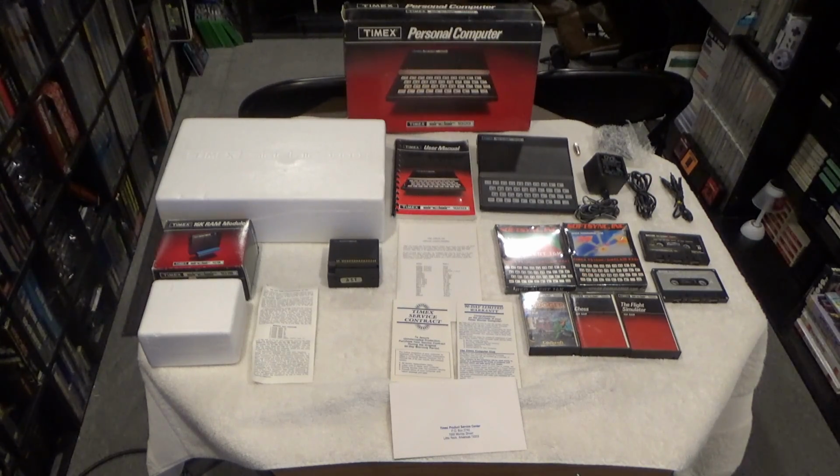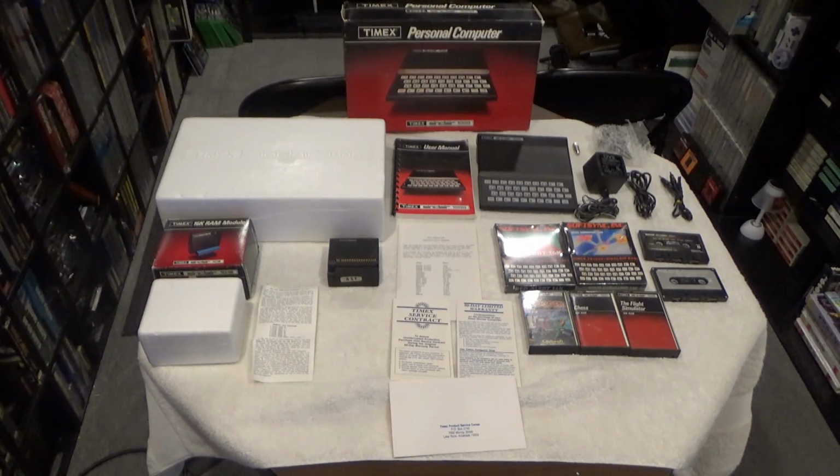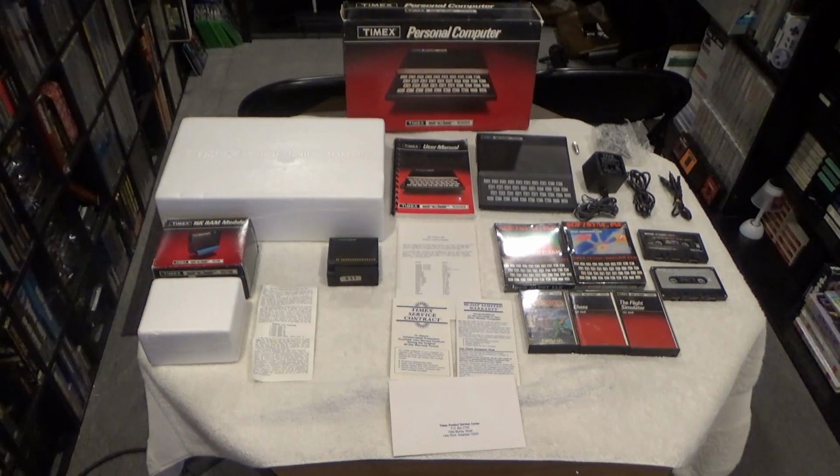The overseas equivalent was a ZX81. There were some internal differences. I got this donated to me and I want to know if this still works. This is something that I have never fired up. In fact, I do believe this appears to have never been used, though it's hard to tell. It's been in storage a long time, and I wanted to show you what you typically find with